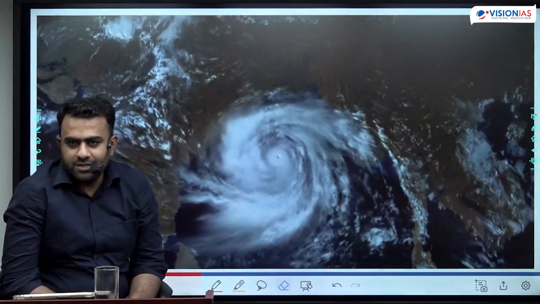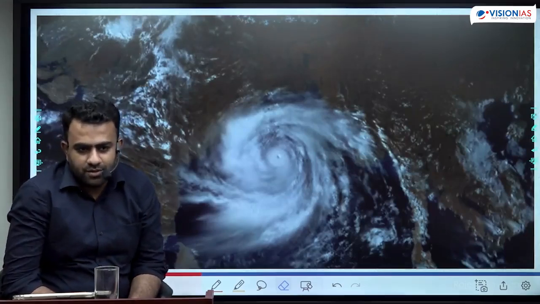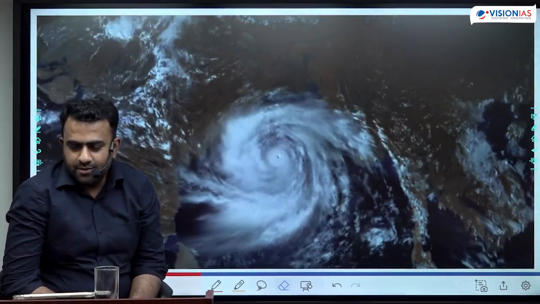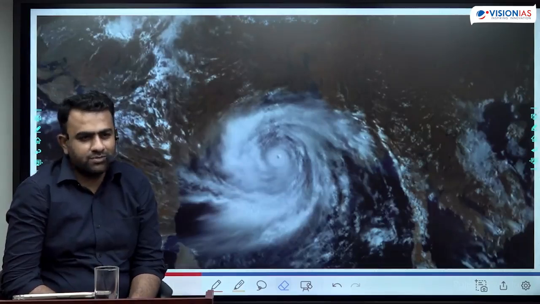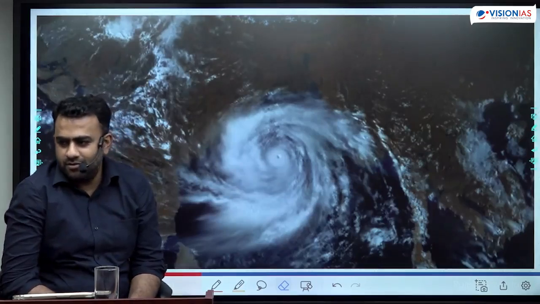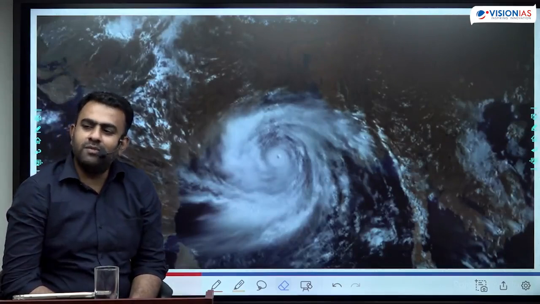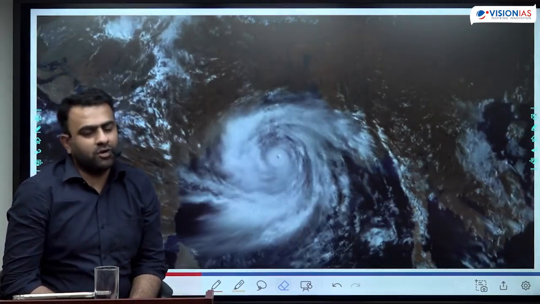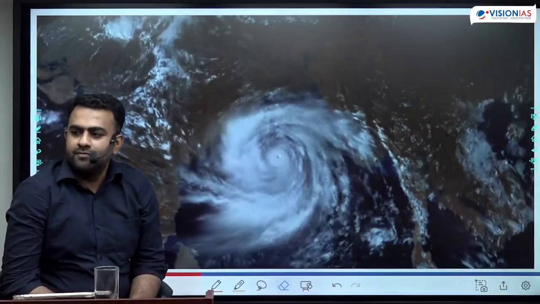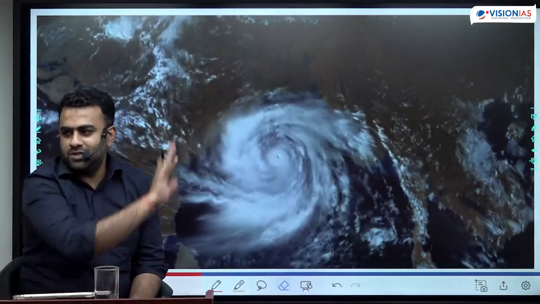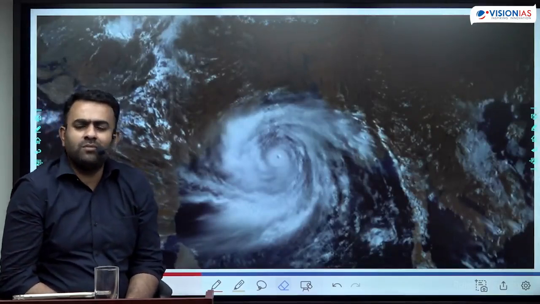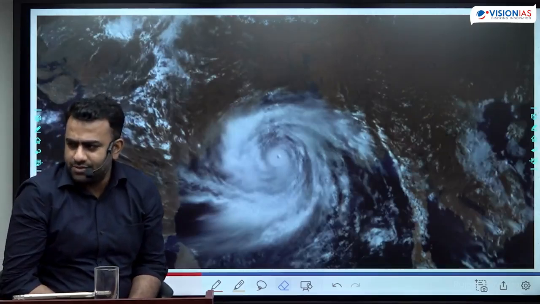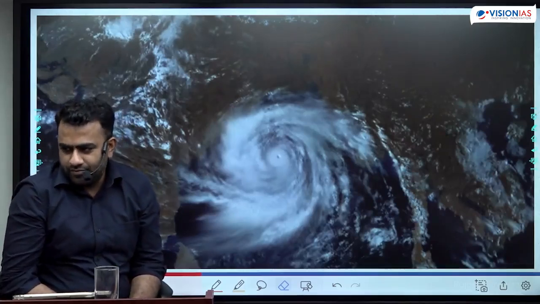Only within the tropical regions, only over the oceans. You cannot see them beyond the tropics. Maximum limit is, their formation is only up to 25 degrees north. Once it is formed, it may move up to 30-35 maximum, not beyond that. Only on a few occasions do you see it going up to 35 degrees. Otherwise, normally it is around 30 degrees, it stops. Beyond that, it cannot move.